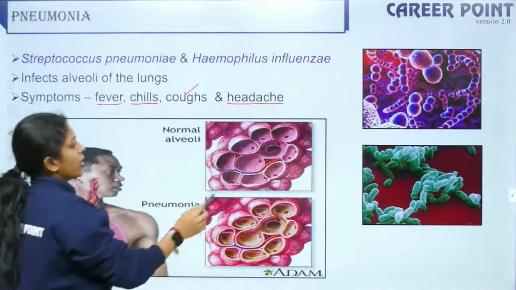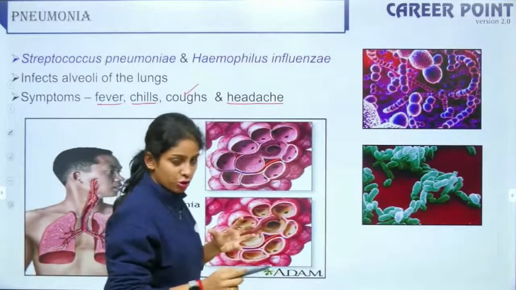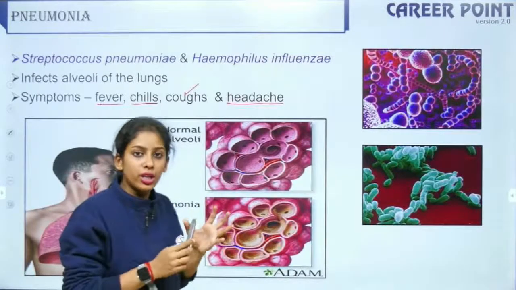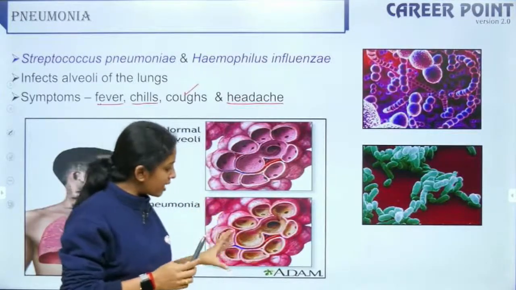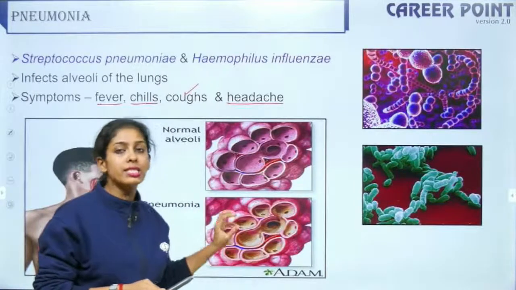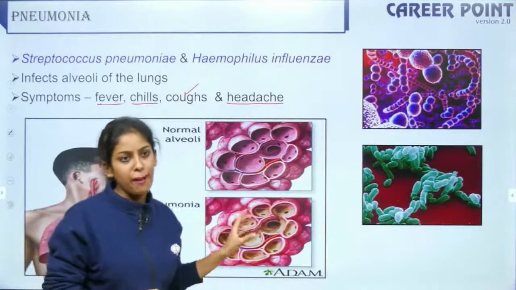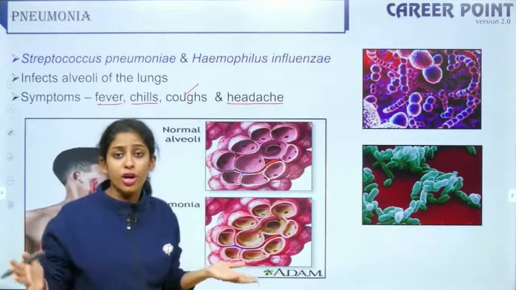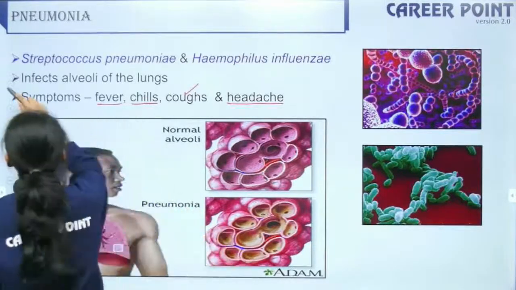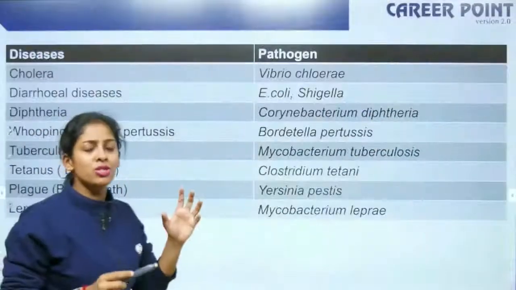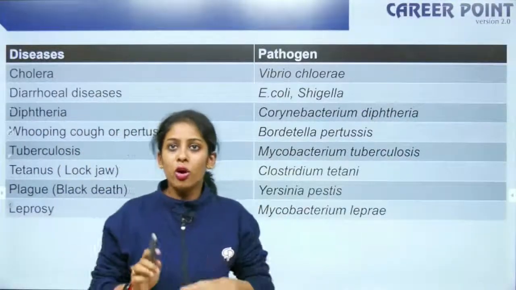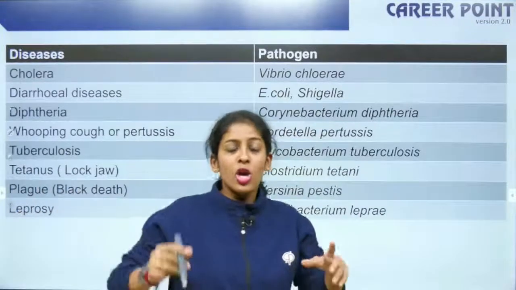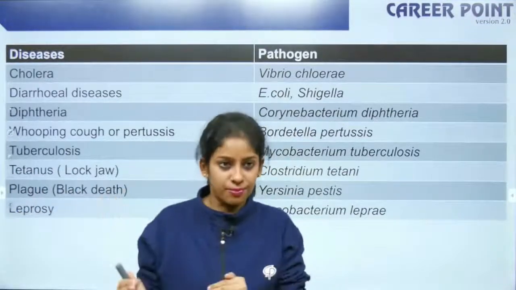See, normally your alveolus is a balloon-like structure, so that the whole surface area of the alveoli is involved in diffusion. But when these bacteria start growing, there's little space for diffusion to actually happen. So you can sometimes even have shortness of breath. You can write it, it's not wrong, okay? But please write symptoms that have a link. Don't write diarrhea for pneumonia, that does not make any sense, no?